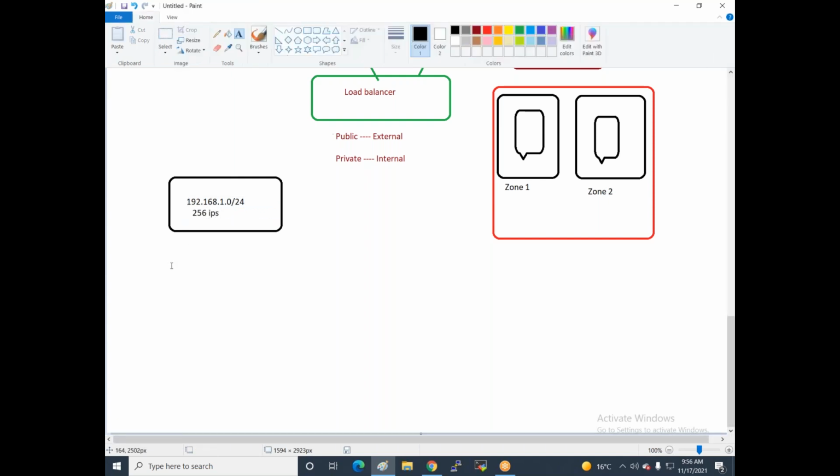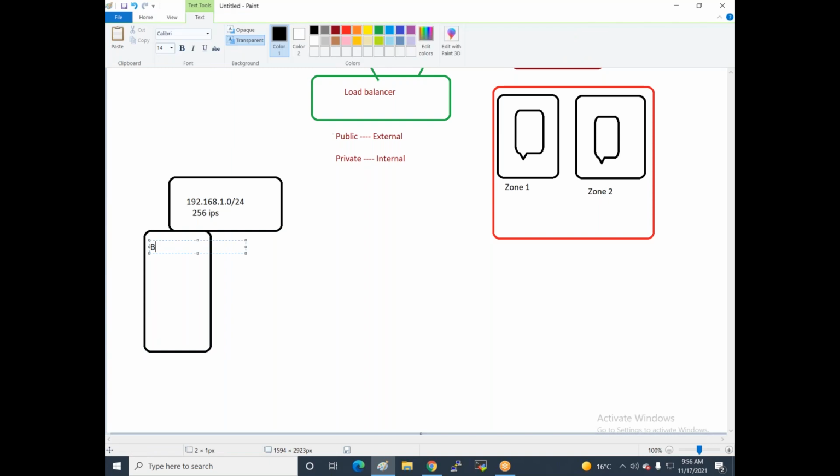Now I create one subnet, and I give the subnet name backend, and I put the IP 192.168.1.0/26.